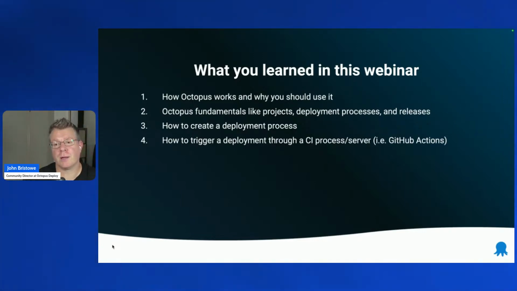We then showed you how to create a deployment process from scratch using that run a script step that I showed you earlier, and I showed you some other examples with things like Slack and integration with email. There are a ton of other steps as well. Remember that if you don't have a step built out of the box, there are 566 steps supported by the community. And then I showed you some examples of how you may trigger that utilizing GitHub Actions, either in a remote context, and there are lots of ways in which you can integrate them accordingly.